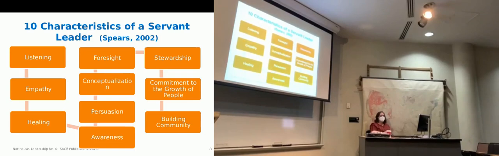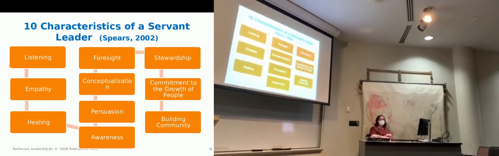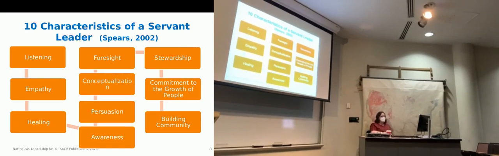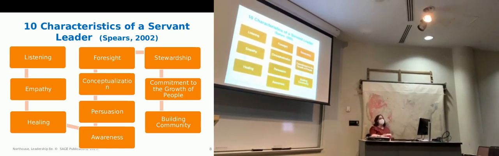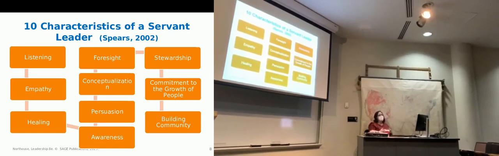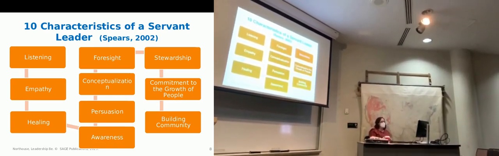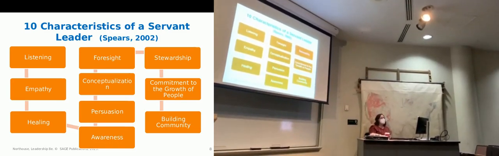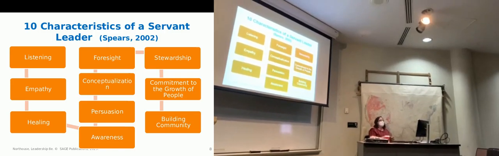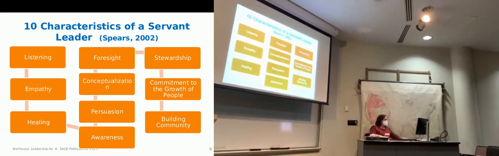Is it always going to be straightforward? No. And you've got to look for it, don't you? We tend to think servant leadership is a leader who just likes to serve other people, but it's really about these other behaviors that are happening and seeing: do the followers have this sense of community with each other? Do they seem committed to each other? Are they aware? Do they have empathy? You've got to look a little bit deeper for those particular things.